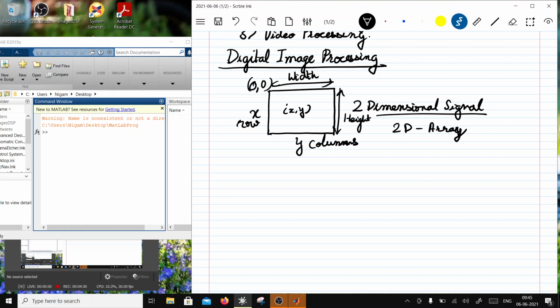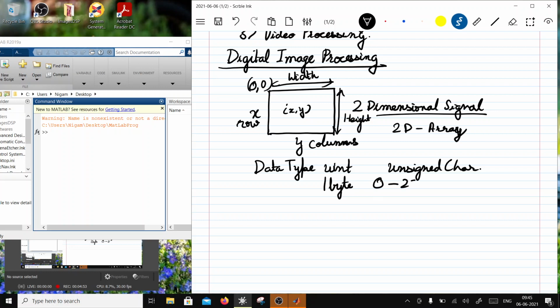That number is of data type uint, which is also an unsigned character. We know that the information in a uint is stored in 1 byte, and being unsigned, its range is from 0 to 255.